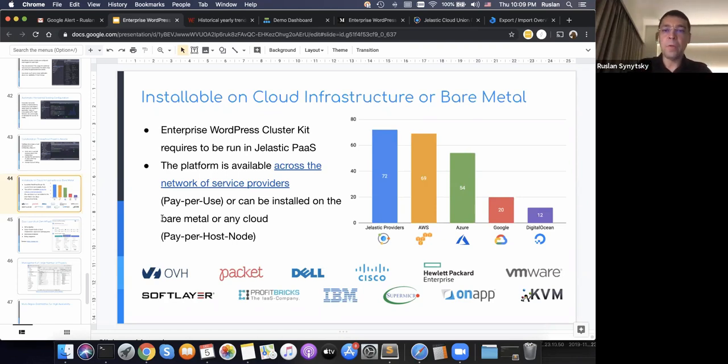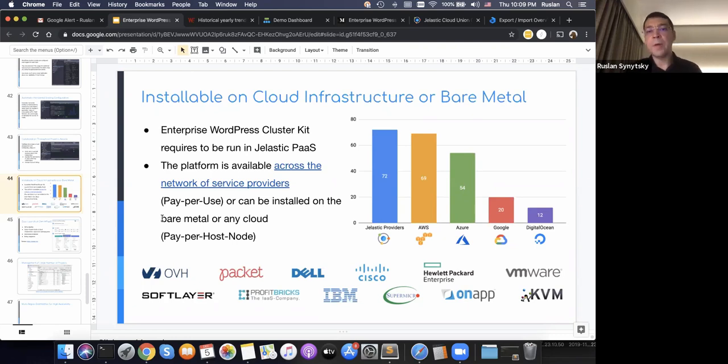However, it's possible to install on top of bare metal or on top of any public cloud provider like Amazon or even DigitalOcean, and run this by yourself or request managed services from our team. The difference here is in pricing. In this case, you will pay for all resources to the cloud vendor you install it on top of.